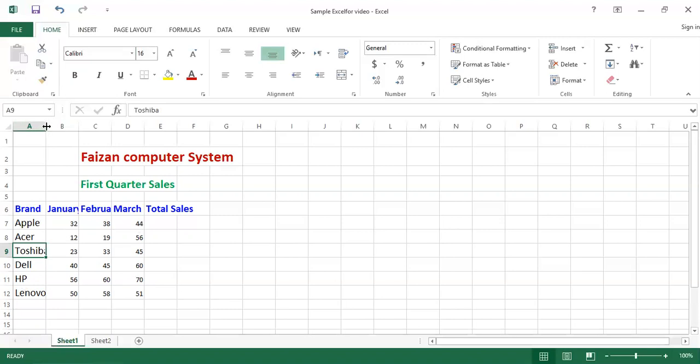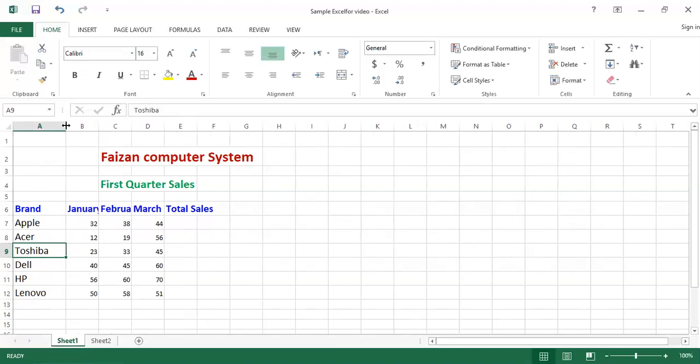You can see there is a black cross or plus sign. You have to hold the left mouse button down and drag your mouse as much as you want to increase the cell size or column size. You can see the column size is increased now, and your text is visible now and completely appearing on the screen.